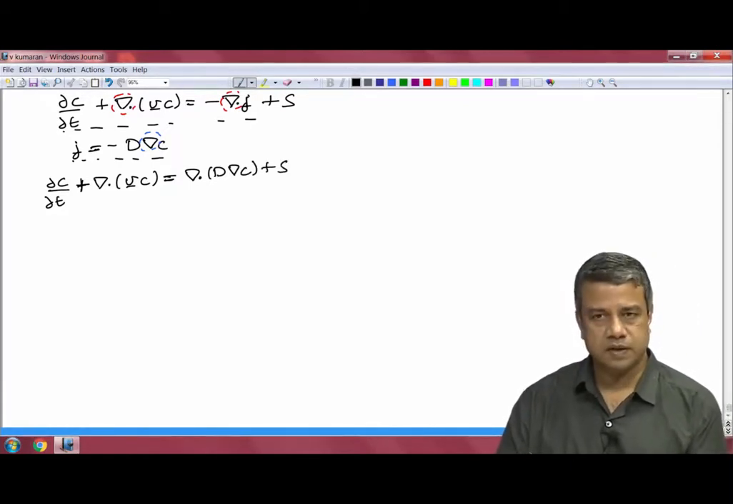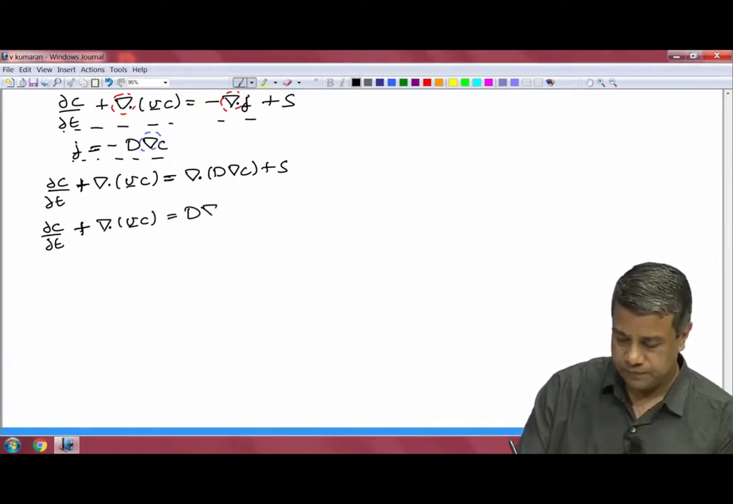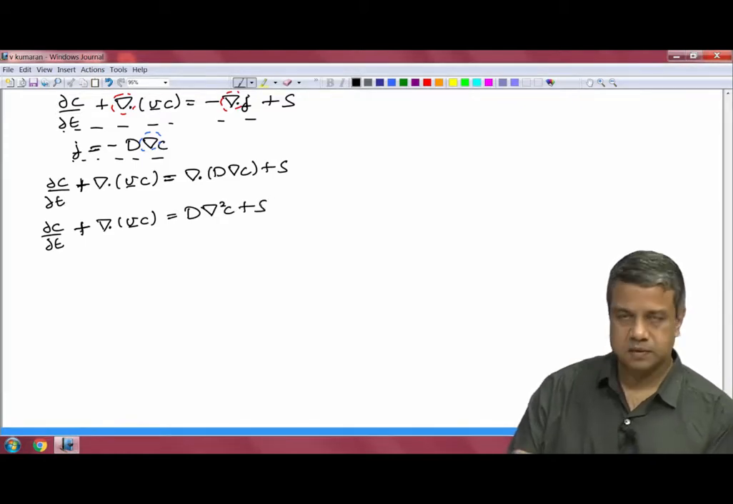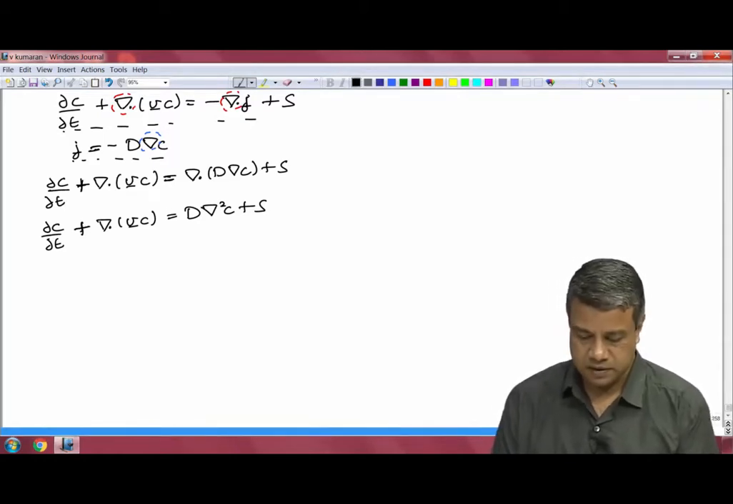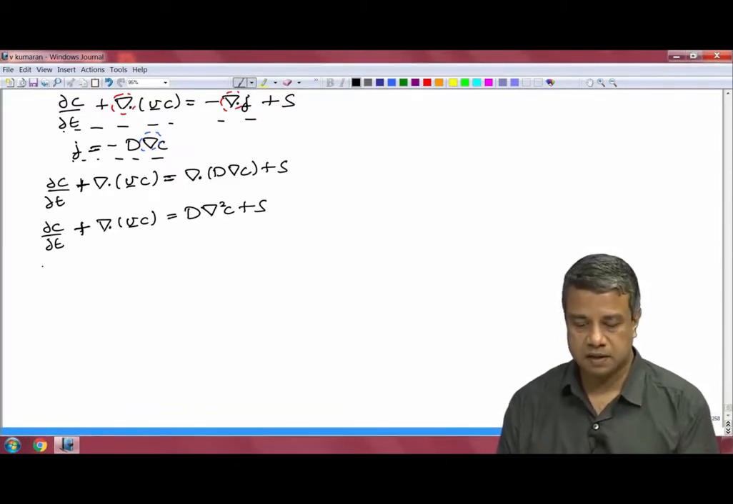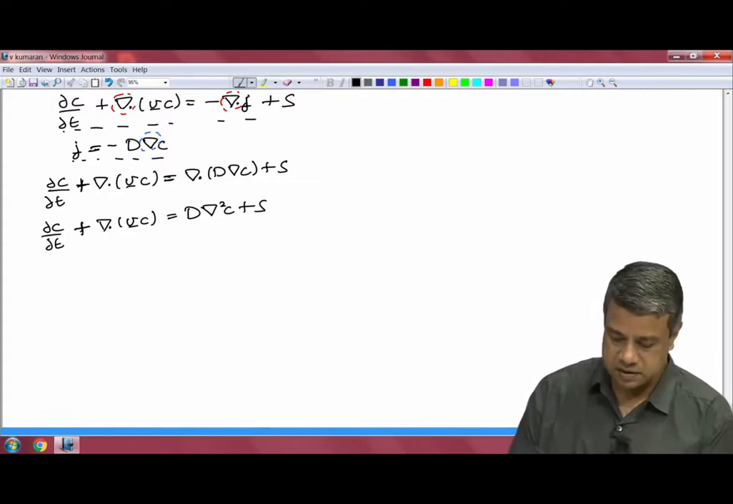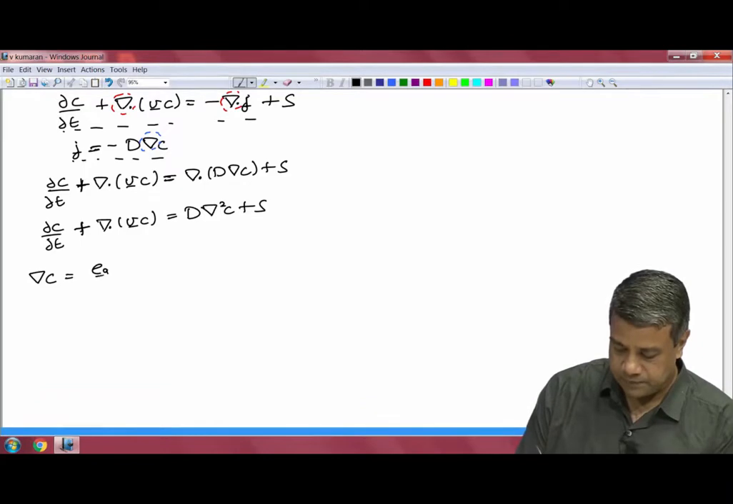If the diffusion coefficient is a constant, partial C by partial t plus del dot V c equals D del squared C plus the source. Okay. Those are the equivalent ways of writing the conservation equation, where we had got the expressions for the gradient and the divergence in a general coordinate system. Grad C was equal to E a by H a partial C by partial x a plus E b